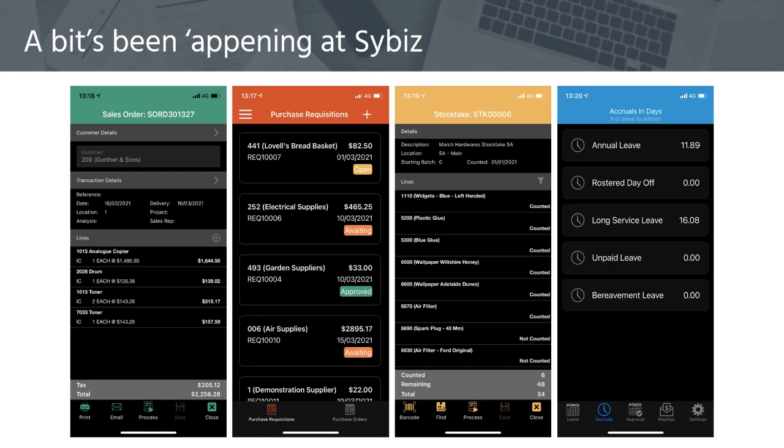So we have a sales app that allows you to do sales quotes and sales orders, a purchases app that allows you to do purchase requisitions and purchase orders, a stock app which allows you to do stock takes and sales picks, and a totally new Sybiz leave replacement app called ESS, and that gives you some additional functionality over and above the old version of the application, most notably the access to 12 months worth of pay slips direct on your device. So it's just to make you aware of those in case you hadn't seen our communication about them, but certainly you can follow that through with your business partners if any of those apps tickle your